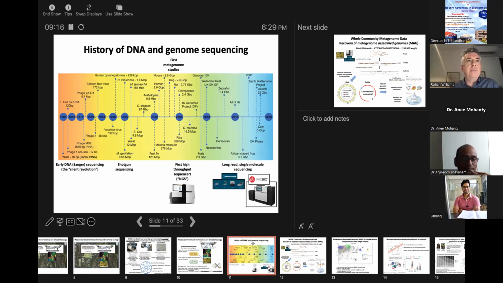So here is a timeline of developments in the history of DNA and genome sequencing. The 25 years or so from 1965 to 1990 is where a lot of key technologies were developed, including Sanger sequencing, which has been described by some commentators as a silent revolution in biology. At the time, it wasn't quite clear exactly how impactful this would be. And then in the next period the human genome was sequenced, and after that a bunch of other important genomes were sequenced.